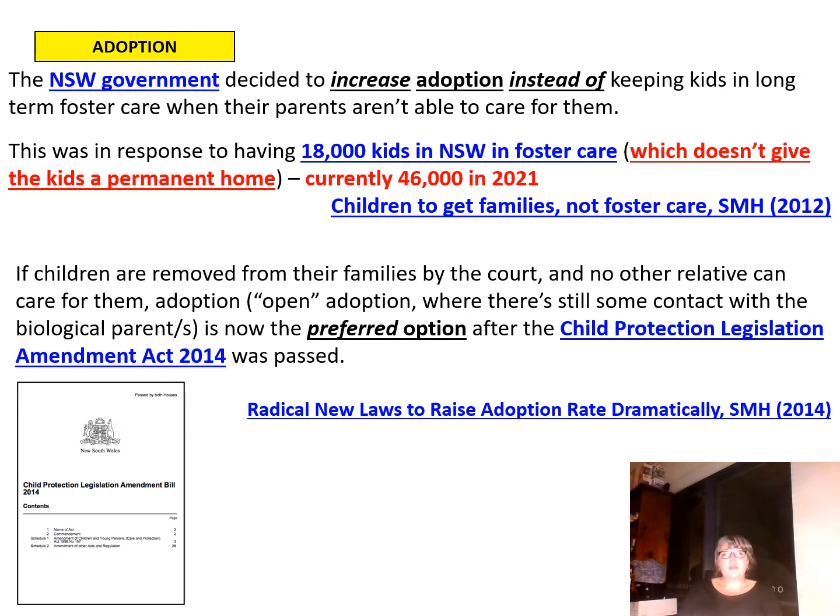Okay, so the New South Wales government decided to increase adoption instead of keeping kids in long-term foster care when their parents weren't able to care for them. This was in response to having 18,000 kids in New South Wales in foster care, which doesn't give the kids a permanent home. There's currently,